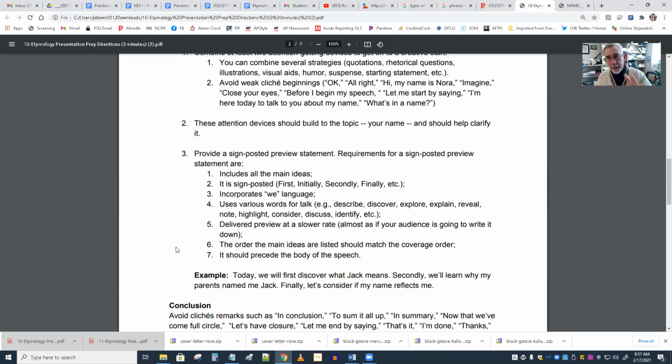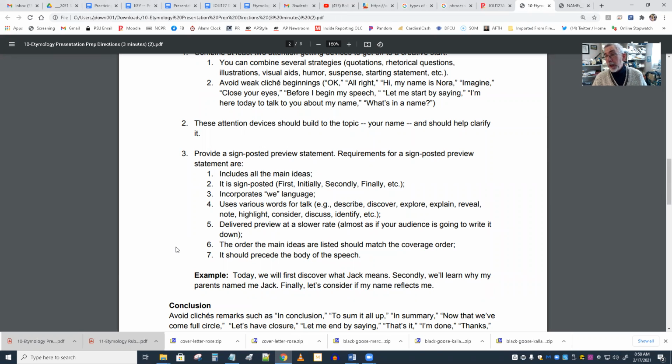So the attention-getting device builds to actually your name, right? Then the signposted preview statement is, these are the things I'm going to tell you. First, and I would literally say it like this, I literally would count them out too. There's going to be 3 of them. You know, the 3 main ideas, that's what they are. Okay, first,